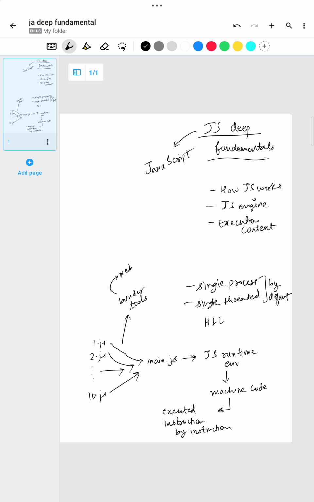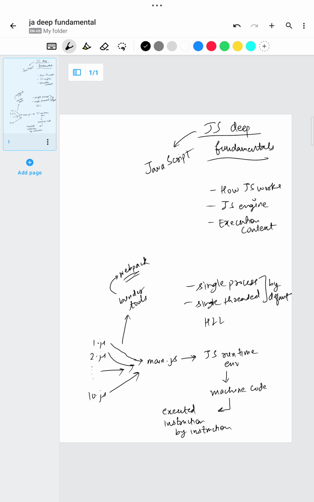So they basically combine multiple files into a single file in an optimized way. Optimized means it minimizes the code, it removes the spaces, it removes the duplicate code. So they are very popular bundling tools. Webpack. Okay, so a single file is passed to a JavaScript runtime environment, then that's converted into a machine code,